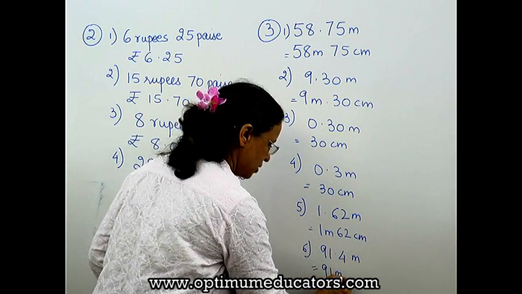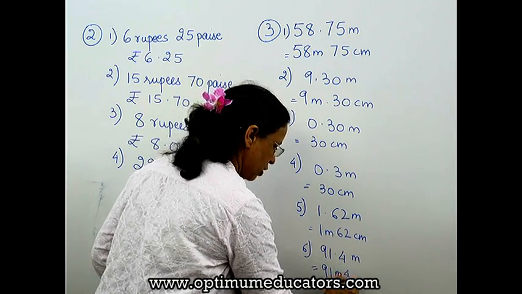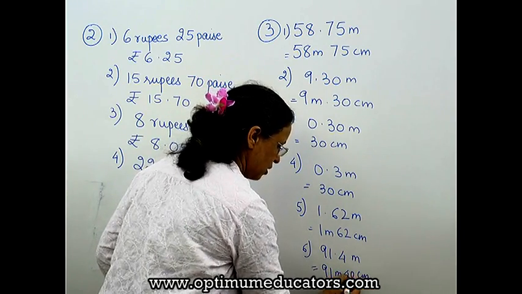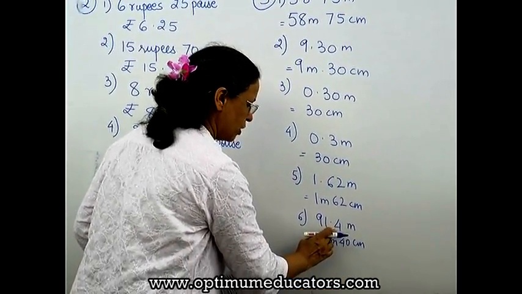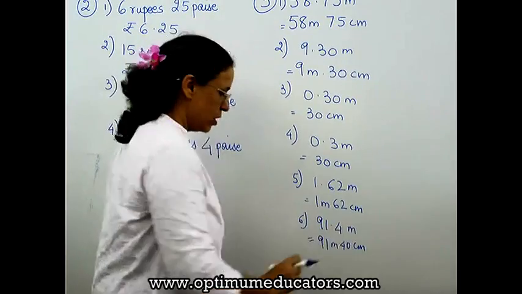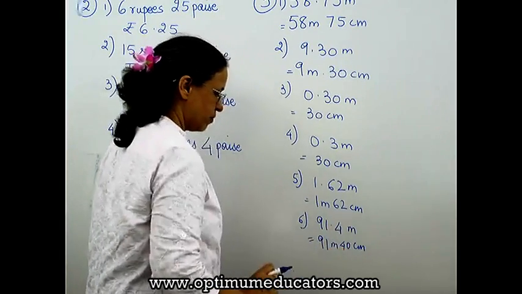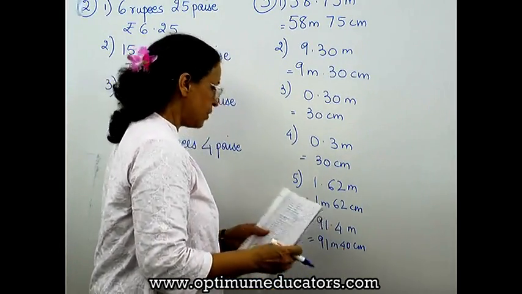91 meters and 40 centimeters. फिर से यहाँ 40 कैसे आया? Because this is 0.4, that means out of 100 parts. So we need 2 placements. Have you got that? Seventh sum,